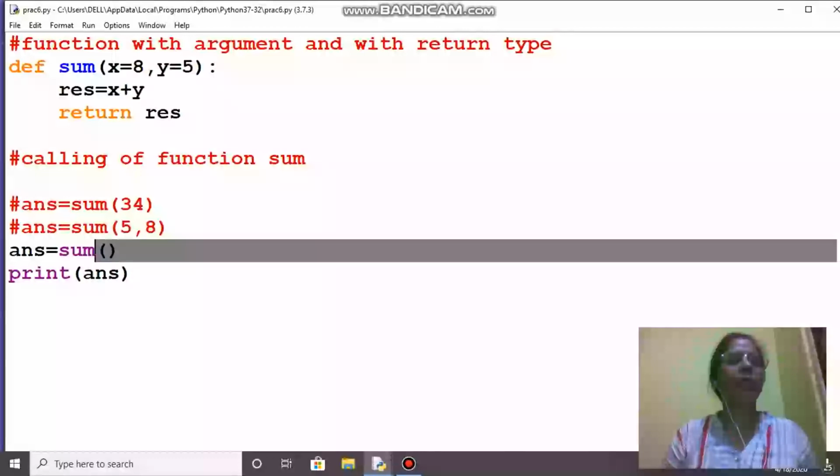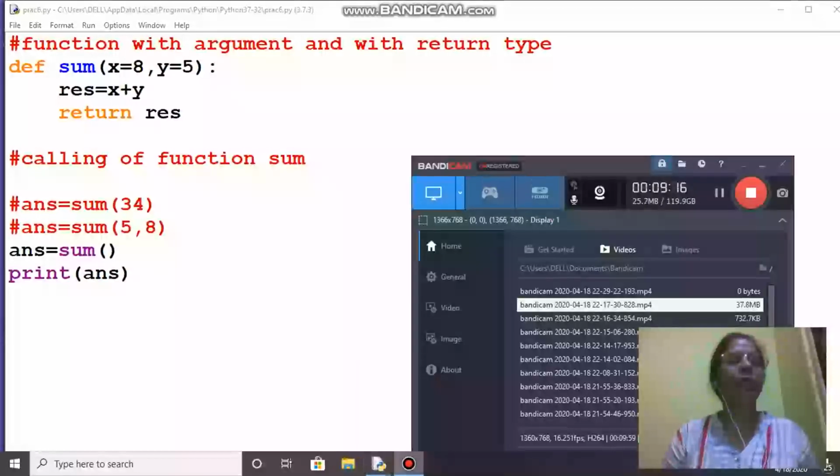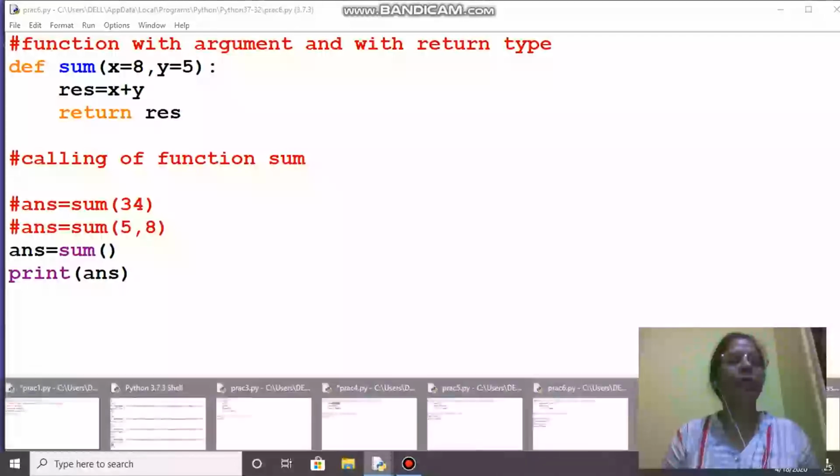Or you can create various other examples also, and if you have any doubt you can leave your messages regarding this topic. Hopefully I have tried to give all kinds of examples over here. If I'm missing something in default argument, I think it's fine now.